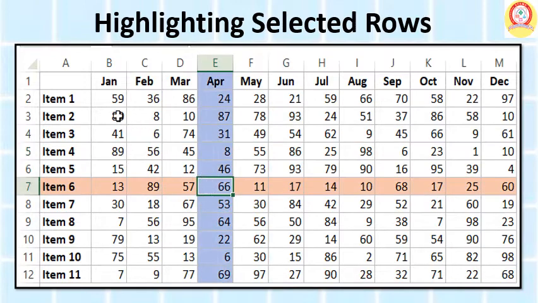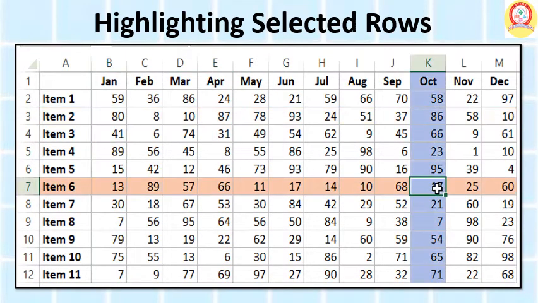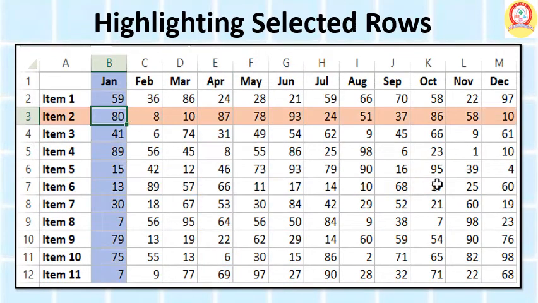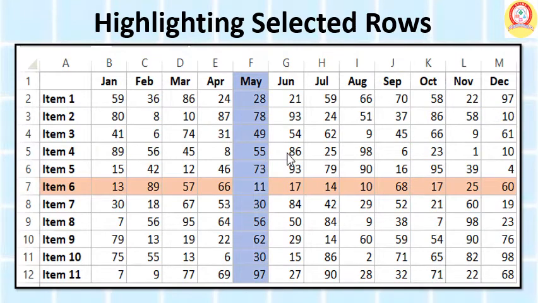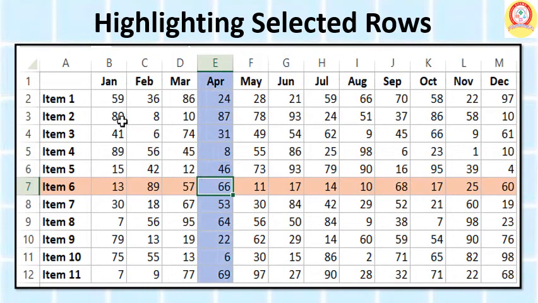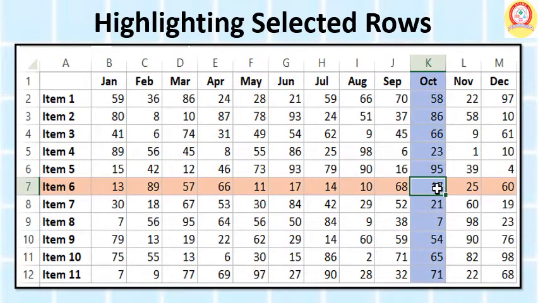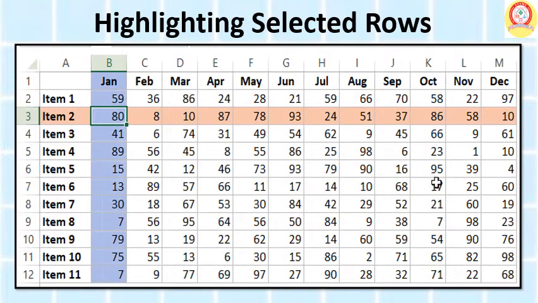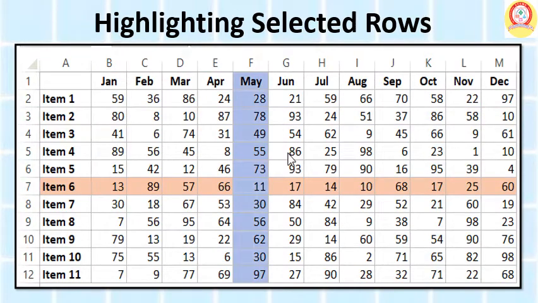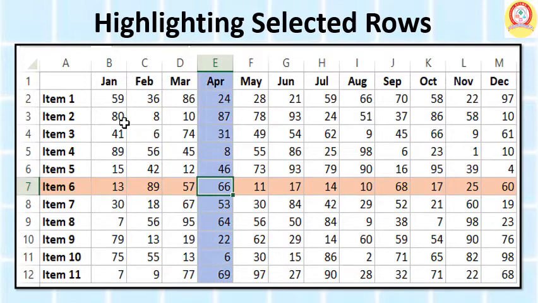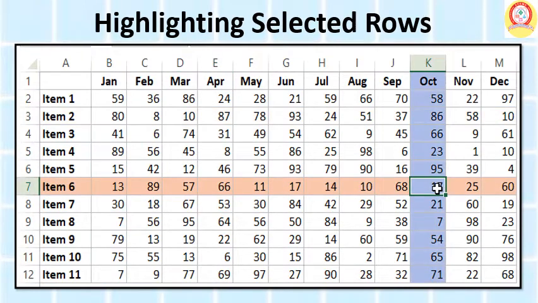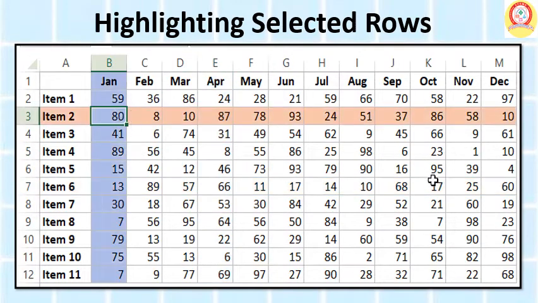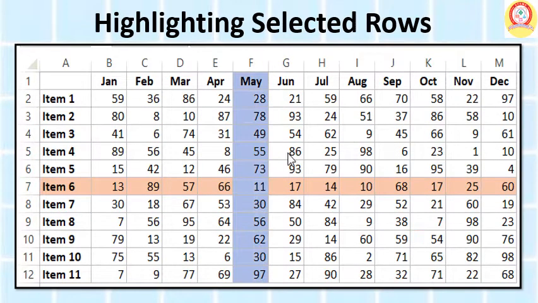Highlighting selected rows. Now children, suppose you want rows with total marks greater than 170 to be colored blue. Okay, so first select the range. Since we want to highlight rows, we are selecting the whole table. Click New Rule in the Conditional Formatting drop-down menu. The New Formatting Rule dialog box appears. In the Select a Rule Type box, click Use a formula to determine which cells to format.